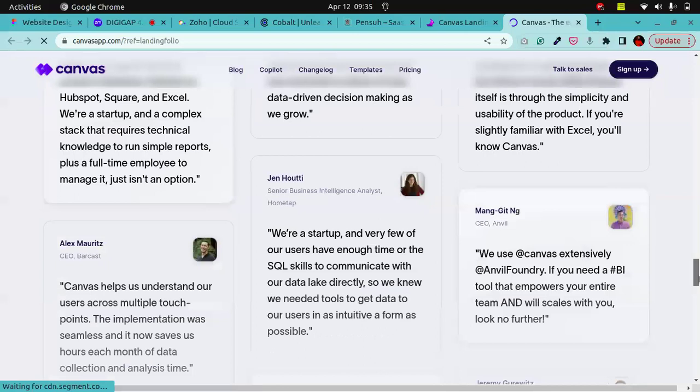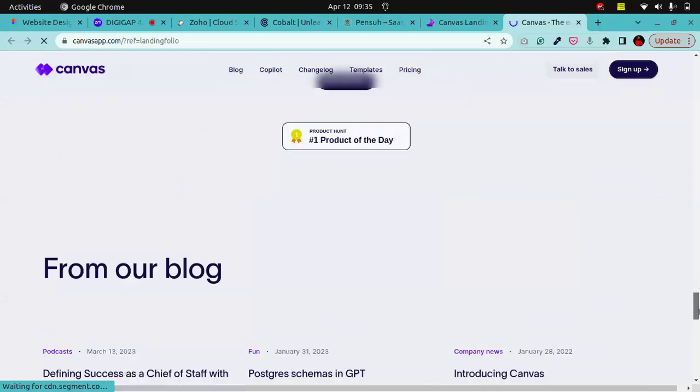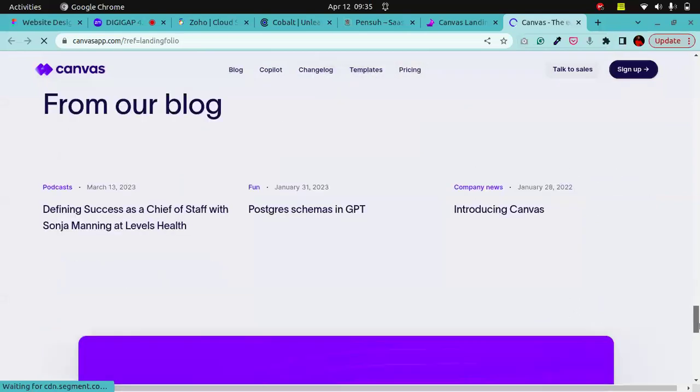When designing a page, you have to make sure you use catchy words that explain what the customer is going to get when they sign up, when they make payments, when they enroll for the classes: the things they are going to get, the benefits. Maybe after they take the training, the company is going to connect them to a company where they can get a job, or teach them more, because most times